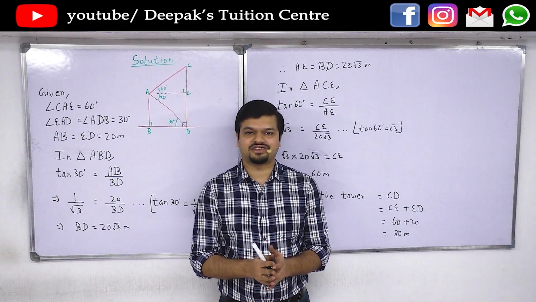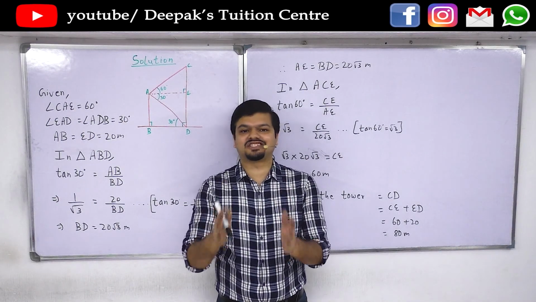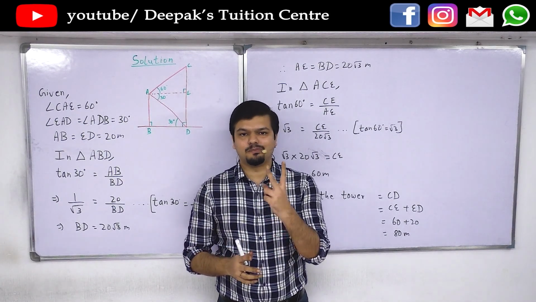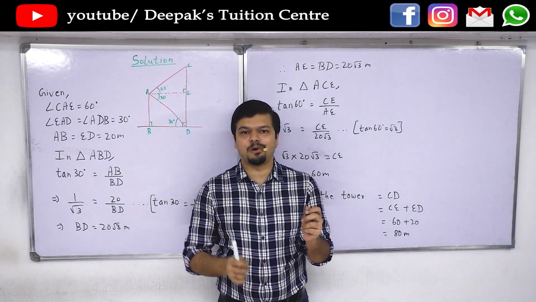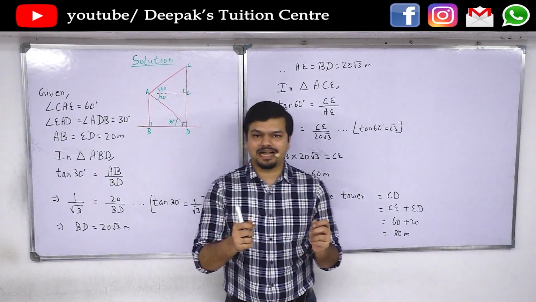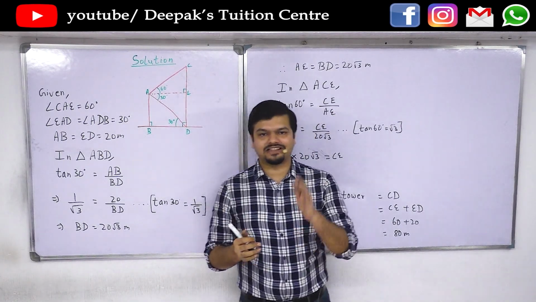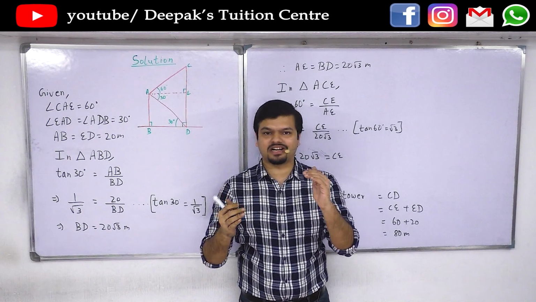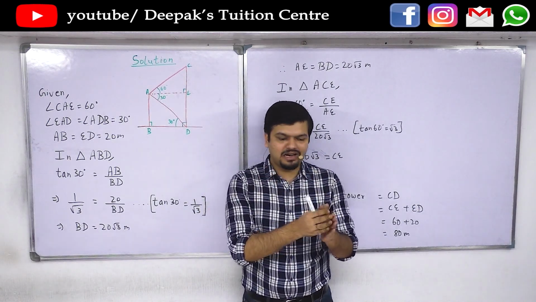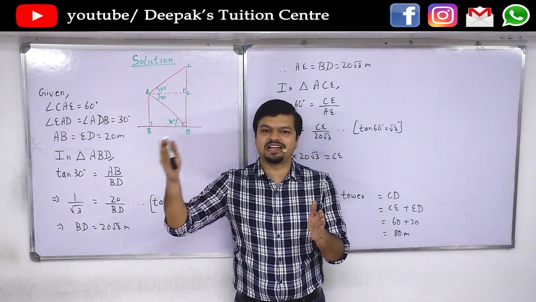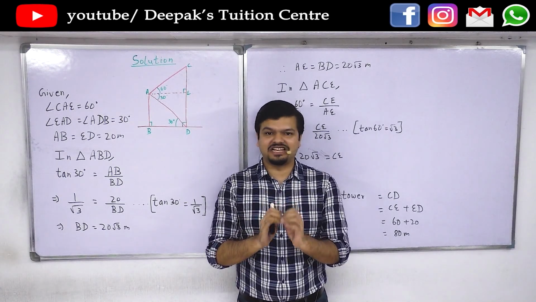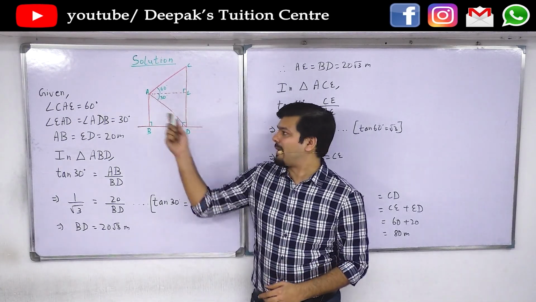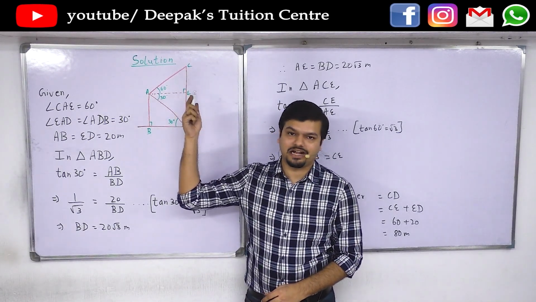As stated in the question, there is a level ground and standing on it are two basic figures. One is a vertical pole and other is a vertical tower. In general, we know that the pole is shorter than a tower. In general, the pole is shorter than a building and a building is shorter than a tower. But just in case, if you want to understand why we have considered the pole shorter and the tower longer,